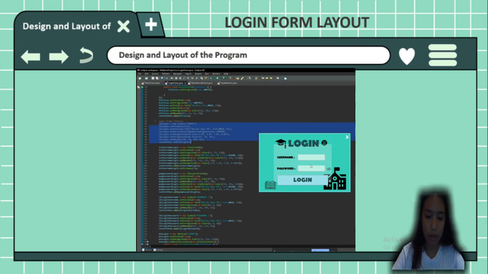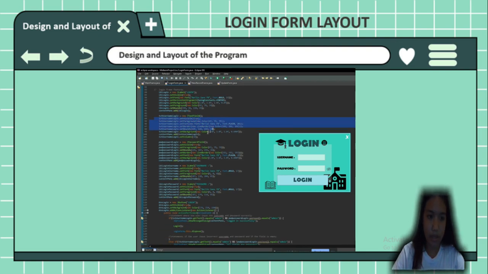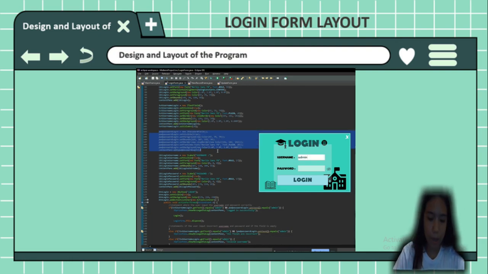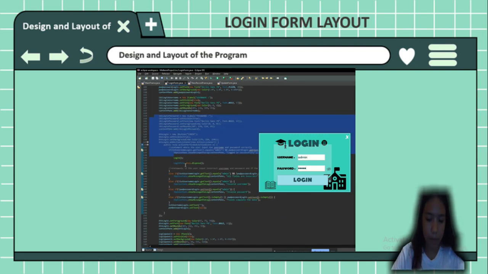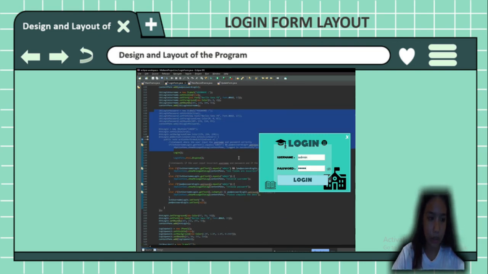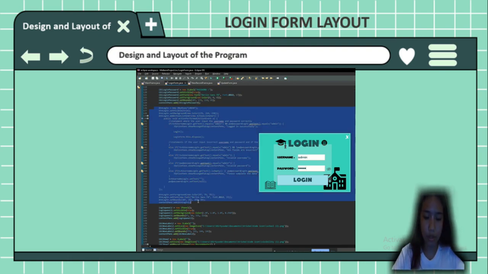We use the J label to put the login text in the upper part of the form. Next is the J text field where the user can input their username, and a J password field for the user to put their password, and a transparent panel for the background of the username and password fields. Another J label for the username and password field, and this code is for the login button. We use J button for the login so that it allows the user to enter by clicking the login